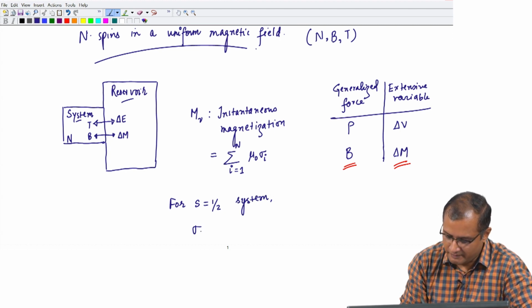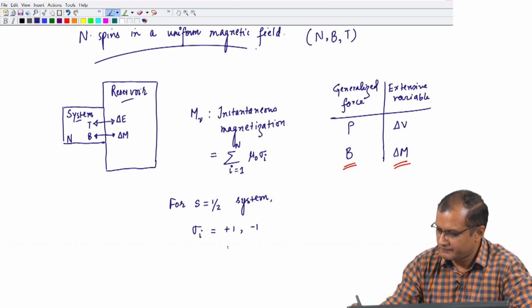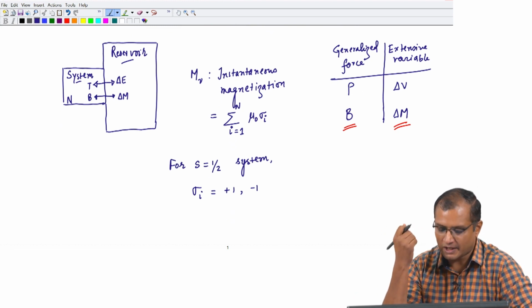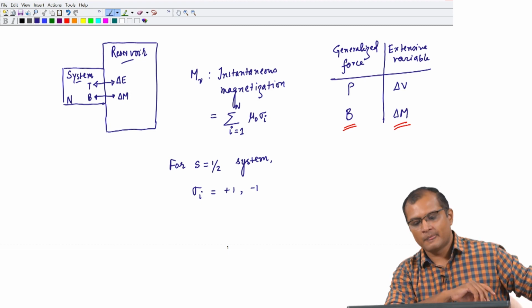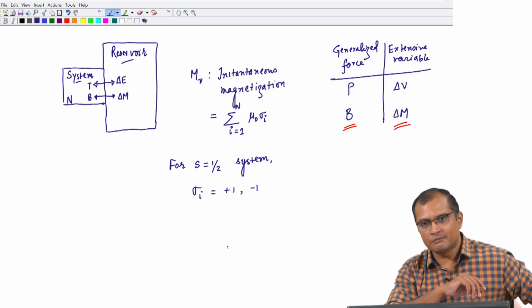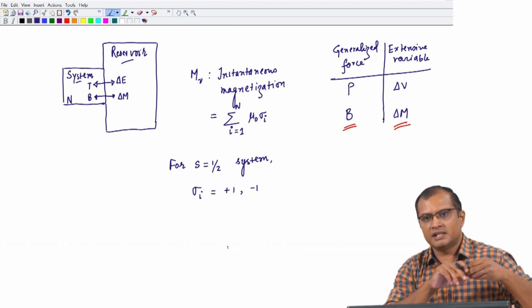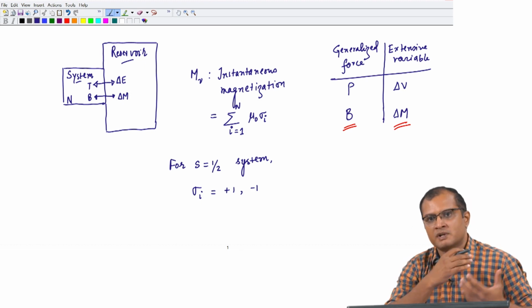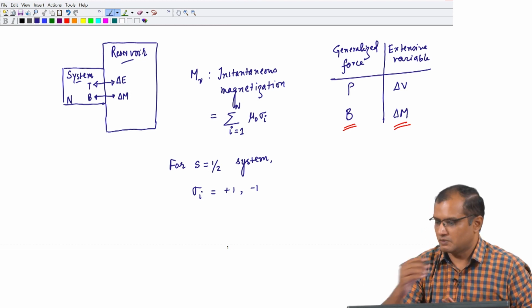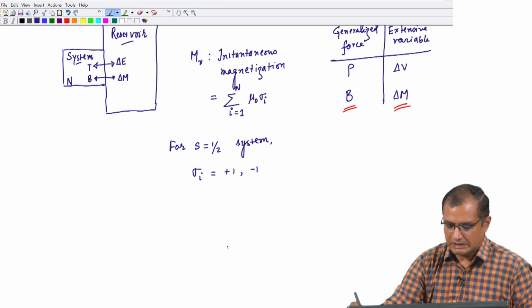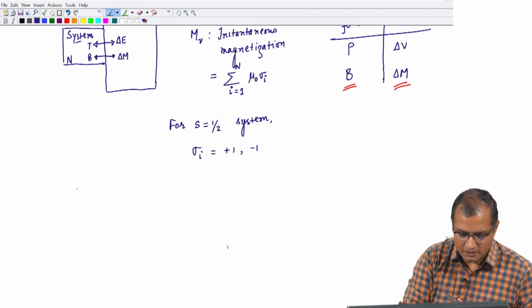I can have my excitation to be only +1 or -1, meaning parallel or anti-parallel to the magnetic field. Naturally, in the presence of an external magnetic field, you would have more and more spins aligned in the direction of the magnetic field, because that lowers the energy of the total system. So, alignment is preferred over non-alignment, and because of that I am going to write down the energy scale of the problem